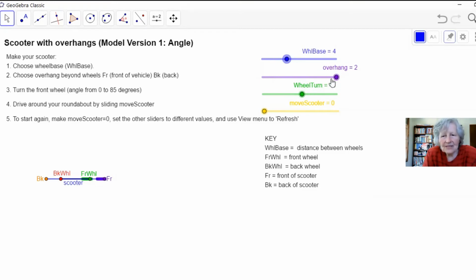And then we can also set the overhang if we like. We can move it in, which to 2 is of course quite unrealistic. It would probably be a lot less than that. You can see that the scooter gets much smaller, but in fact I'm just going to put it up to the maximum because we can see it more easily. Up we go. Good. And then to move, we've got a wheel turn set at 45 degrees at the moment,